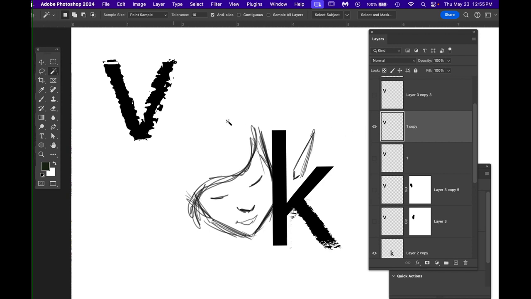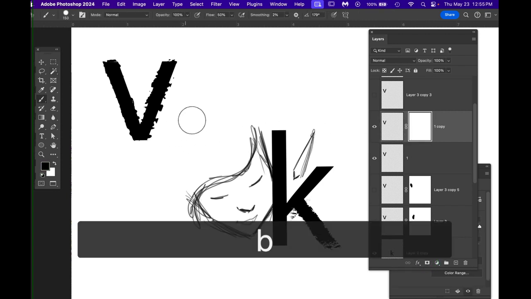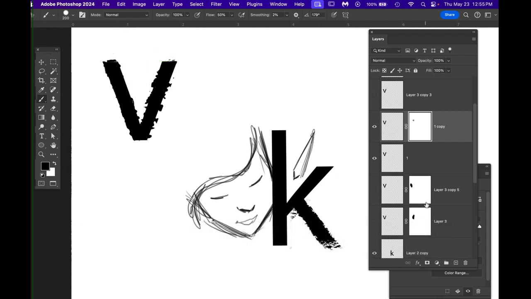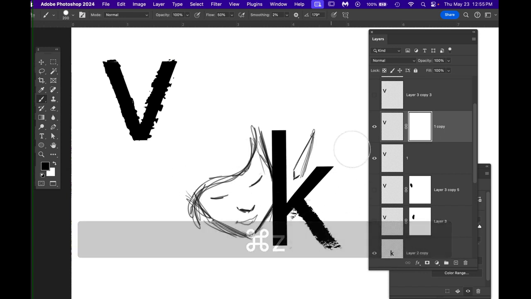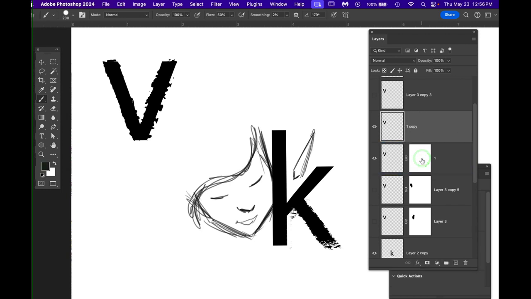Now they melded that with their original letter. So you could leave the original letter on if you want. You can click up to the one that you displaced. You can add a layer mask to it. And I know this is not totally the way I want to show you, but I'm actually going to take away, look at how I'm going to drag the mask to the regular V. Okay, now I'm going to click on the mask of the regular V. There's the regular V. And I'm going to take it away from this point. So see how you can blend